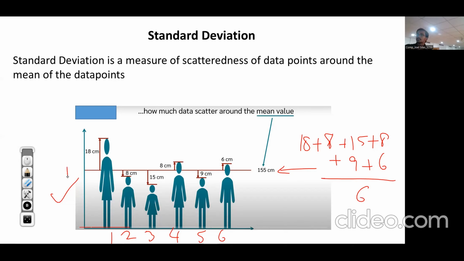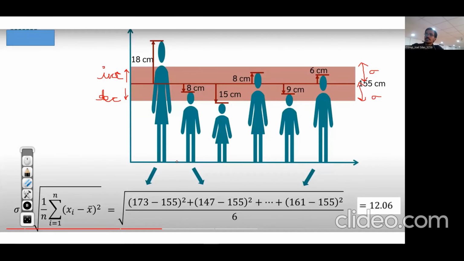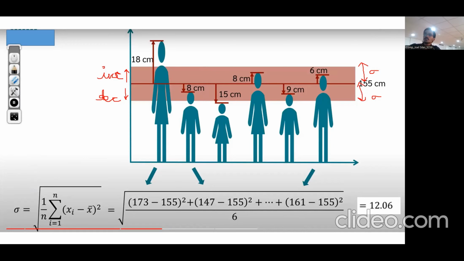Now, this whole thing is 155, but this extra height is nothing but 155 plus 18. Hence, the amount of height which is extra above the mean or the height which is below the mean. For example, this person's height is less than 155 by 8 centimeter. So this difference of the height from the mean height is a factor that is used to calculate standard deviation. So if we go for the formula, then standard deviation is given by the formula square root